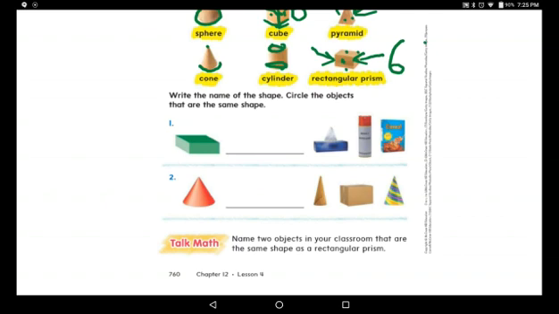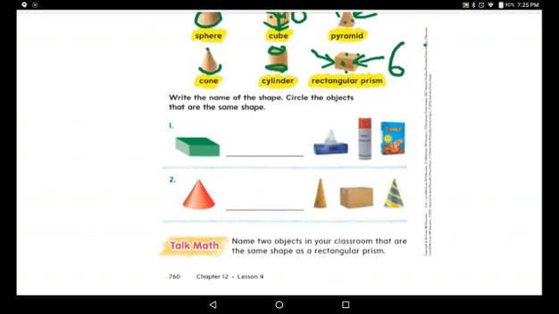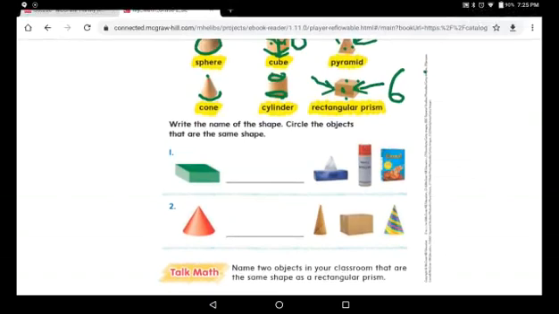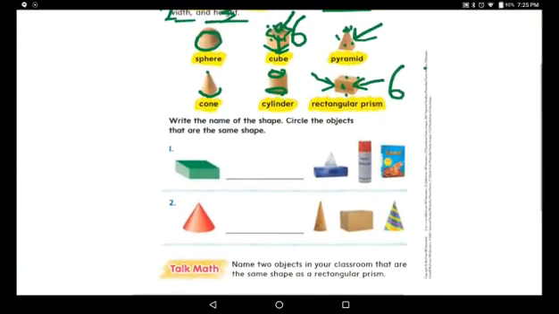Now let's solve the questions down here. Write the name of the shape and then circle the objects that are the same shape. We need to look carefully at the shape. And please don't worry, look at the top of the page and remember what shape this one is. Look at it. From up, it's like a square, and down the faces are like a rectangle. So what do we call it? We call it a rectangular prism. So let's write together